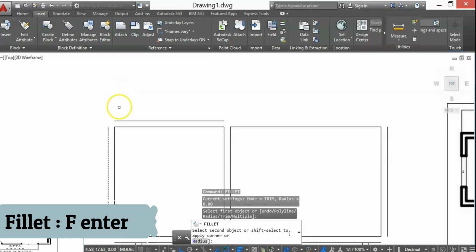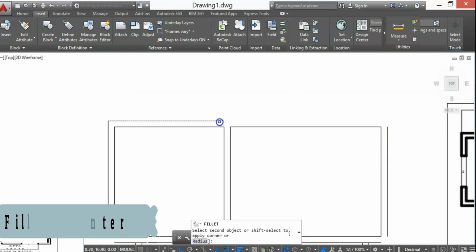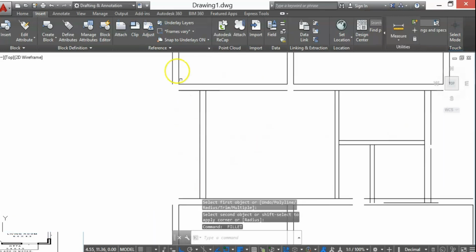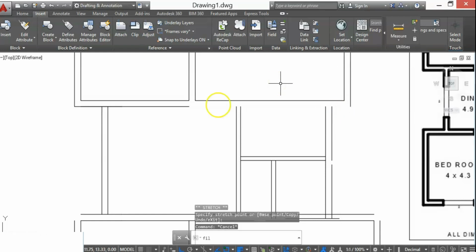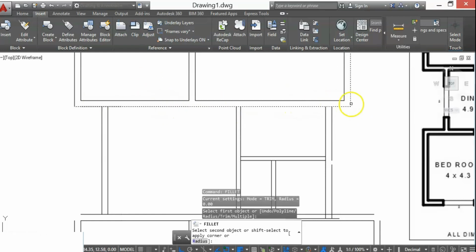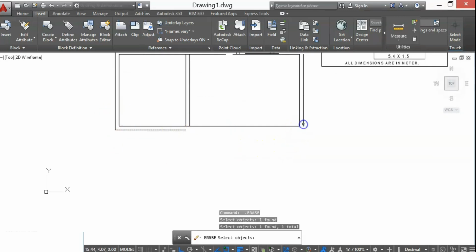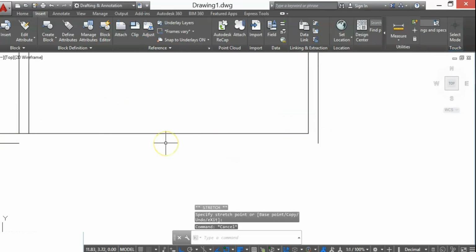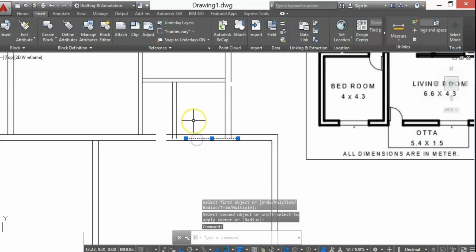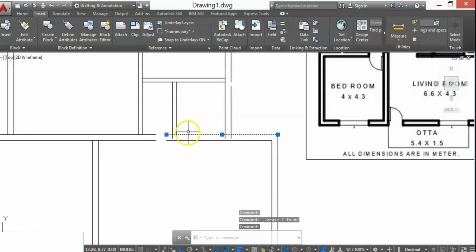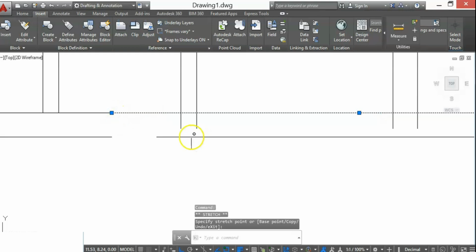By clicking on all these lines with the help of the shift command, to join this line, I'll select the line and drag this blue point to the next line.